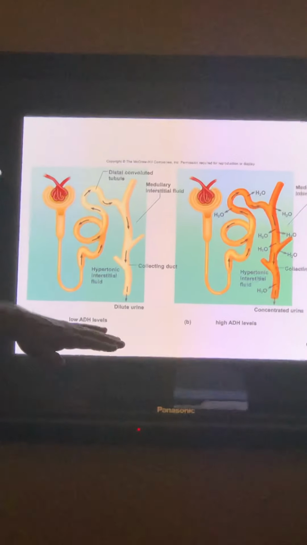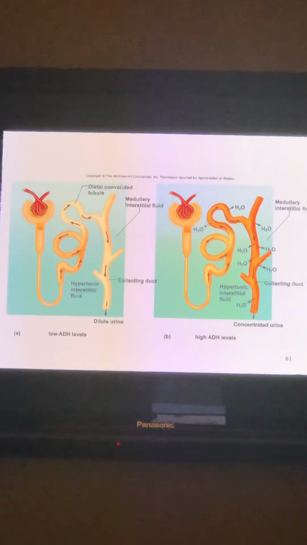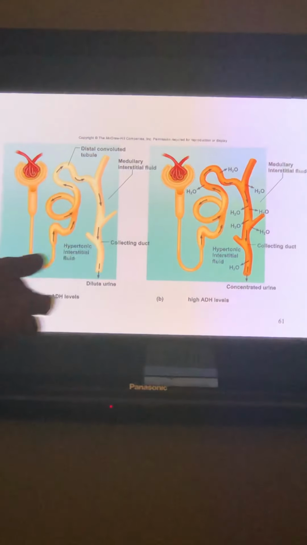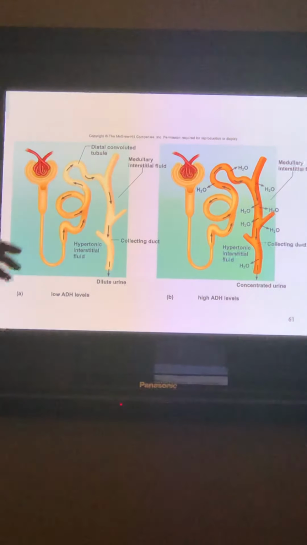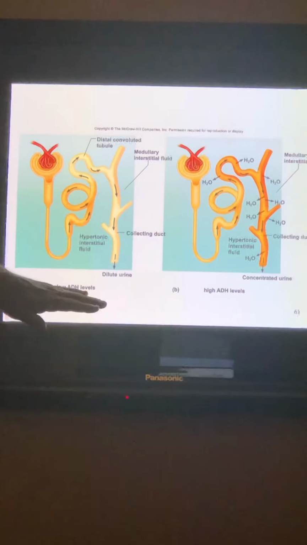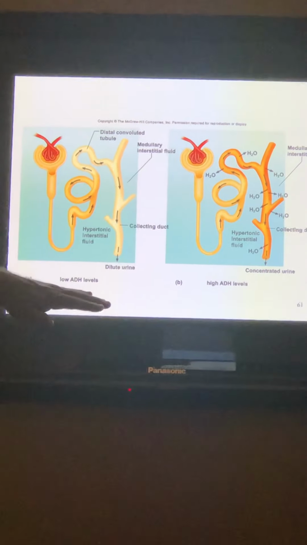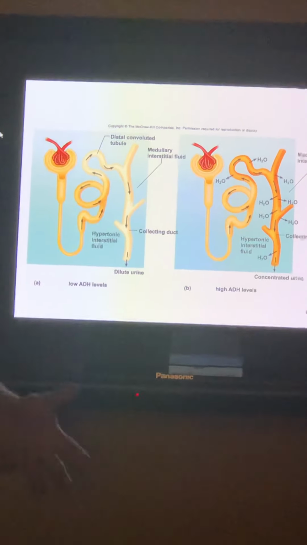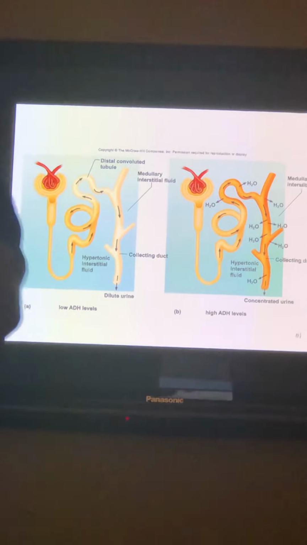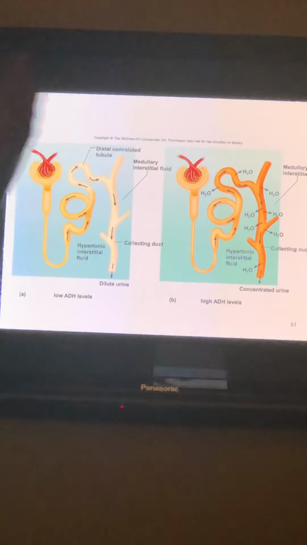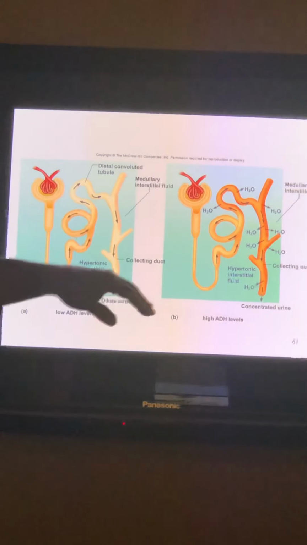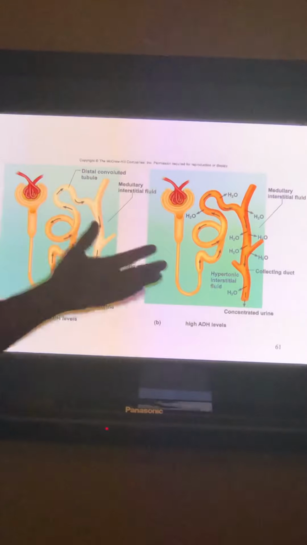But say you're not dehydrated, say you're a big time water drinker, for example, you will not need to secrete a lot of ADH because you're not deficient in water. So your urine will be clear and more dilute. It will lack a lot of the waste products. You'll have more water compared to waste. So it'll be light colored urine, it won't stink,